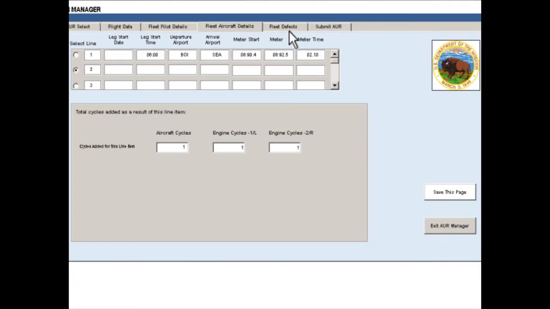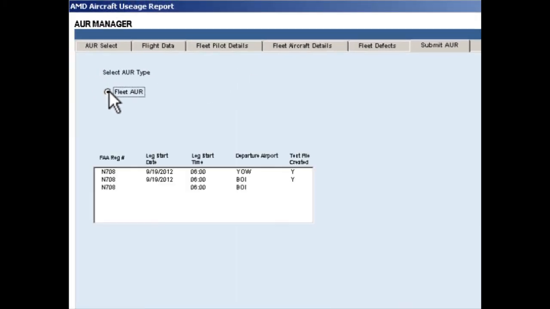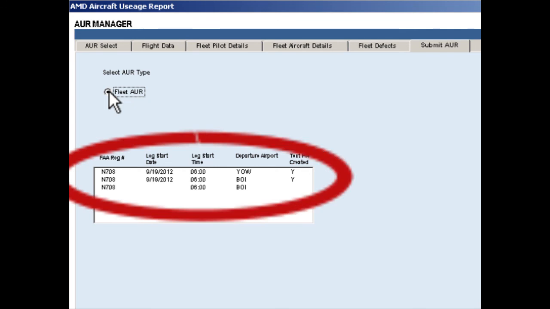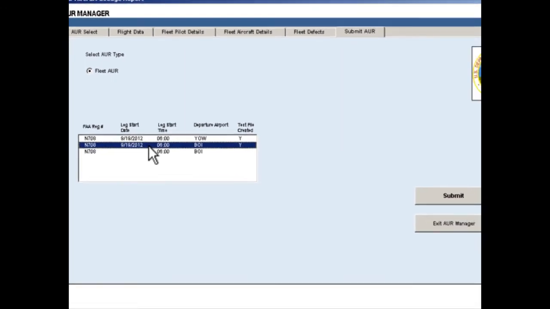Okay, so the last step after we've saved everything is to submit the AUR. And that's probably the easiest part. You click the button up here, indicate that you want a fleet AUR, and you will notice that you get this pop-up screen here. In this case, it shows that I've already created an AUR for aircraft 708 that had another flight, and this is the flight right here that we just built. So all I have to do is highlight it,